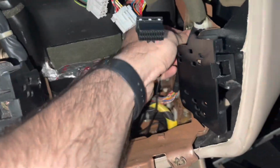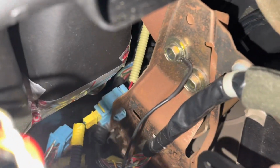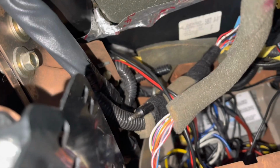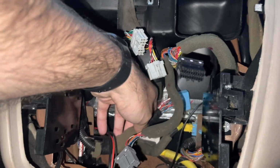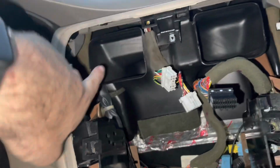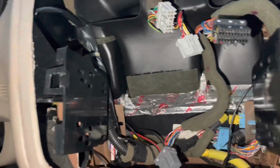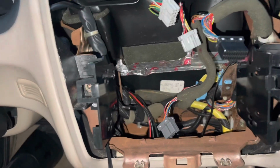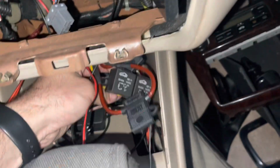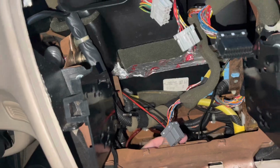Okay, we're good. Is that a ground? Did I put a ground? I did. Interesting. I don't remember doing that. Okay, so that's grounded. Oh, there's my radio wire. Okay, I don't need anything from that plug. I just need this guy for the antenna. I gotta figure out where the stuff comes in, like up here somewhere. So I gotta get under the dash and pull. I have so many wires. Frick. And there's like relays under here that I forgot I had. I don't even know, but I'm just gonna start pulling these out. Anyway, I'm just gonna get back to it. We're running out of light, so